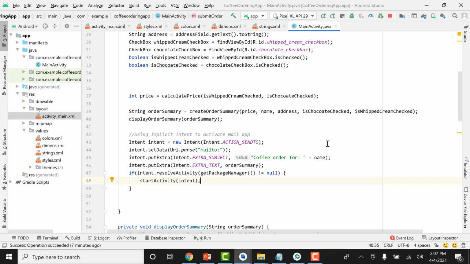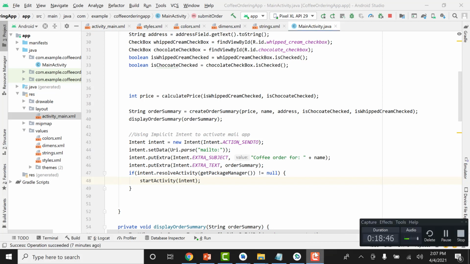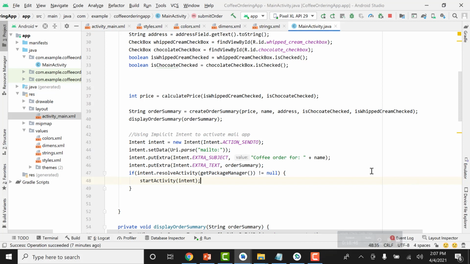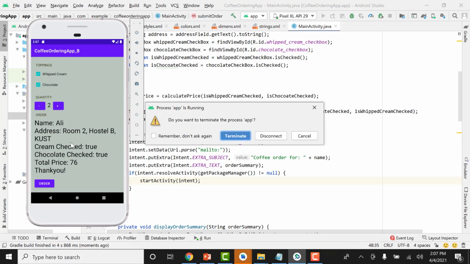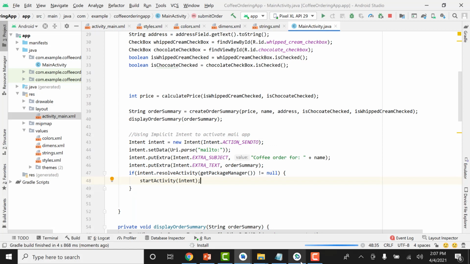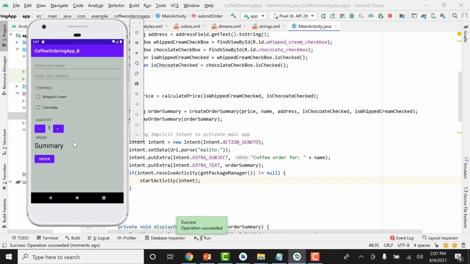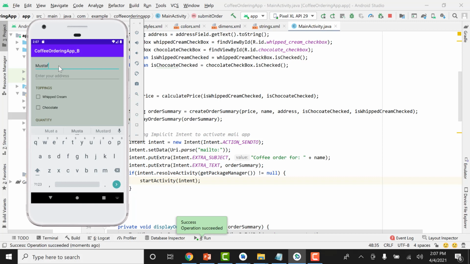So if this is difficult for you, I'm going to explain it later on, but here I'm just going to show you how it works. So I'm going to restart the app. Let us turn on the emulator. The app is looking cool, though it's a simple app, but it is a foundation. It can be a foundation for many of the complex apps that you are going to use in your practical life. So once again, I'm going to put the name Mustafa and the address of, for example, room 6,